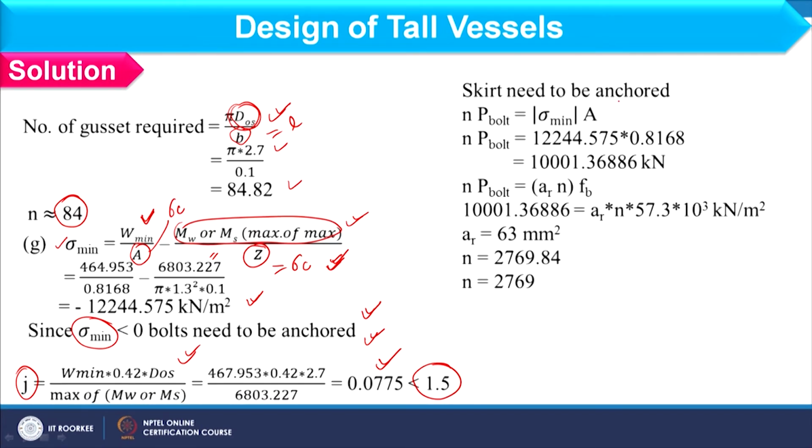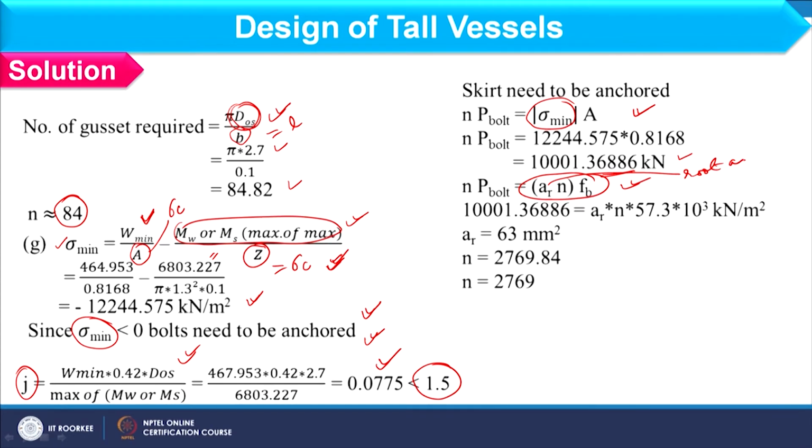Okay. So, now we will focus on the number of bolts, how we should calculate that. So, let us see this is the expression for that. N_P bolt should be equal to sigma minimum A. Okay. So, this sigma minimum here we are considering as the modulus. Fine. So, in this way we can obtain sigma minimum and A value, which is coming out as 1,001.36886 kilonewton,